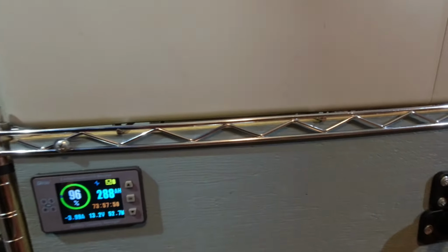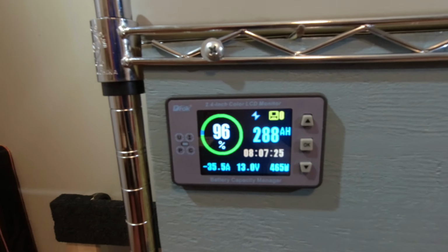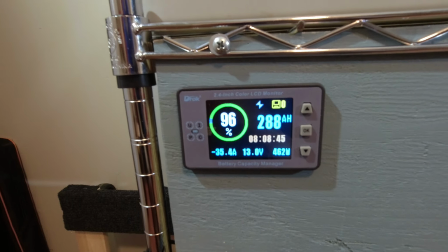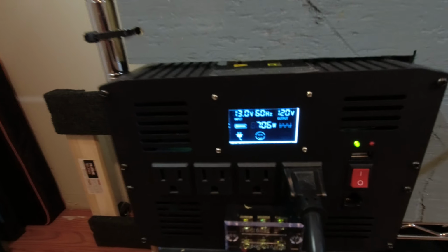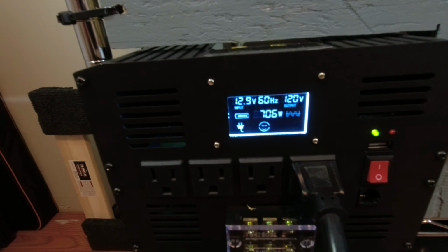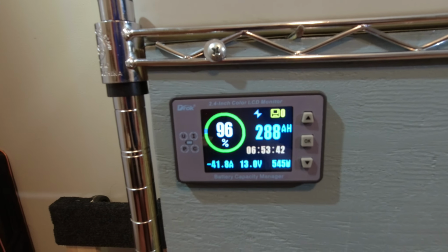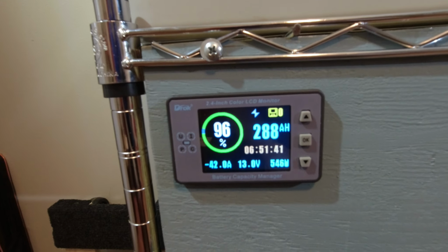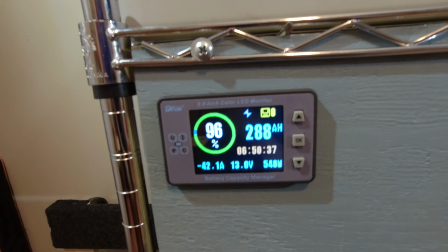And I can just show you here real quick. I just flicked everything on my transfer switch, and we're showing 462 watts that we're pulling, 35 amps. This inverter's doing it no problem. Now down here it's saying 700 because the battery capacity monitor, as I've said, takes off the amount of solar, so it's a net draw on the batteries. So we're getting about 150 watts of solar right now,